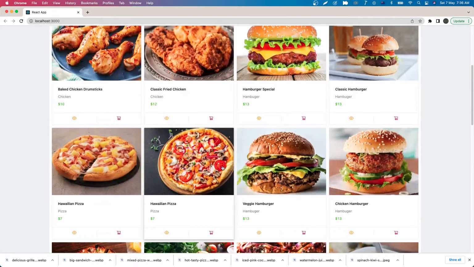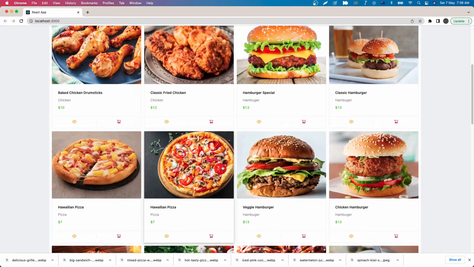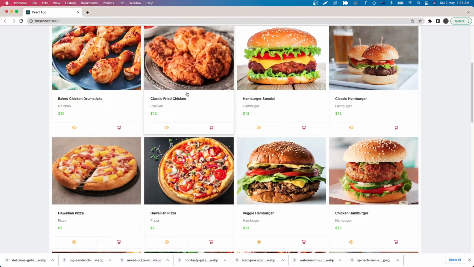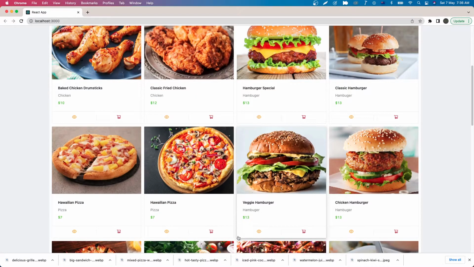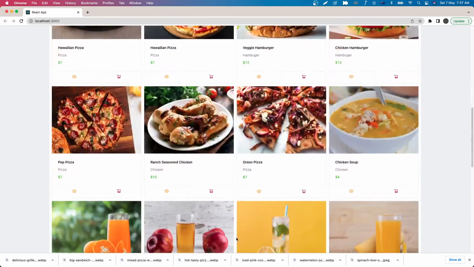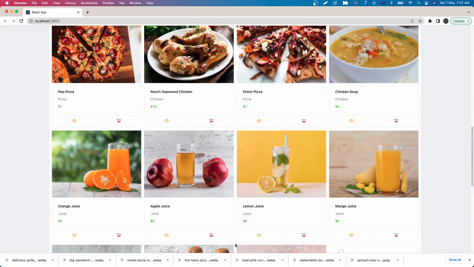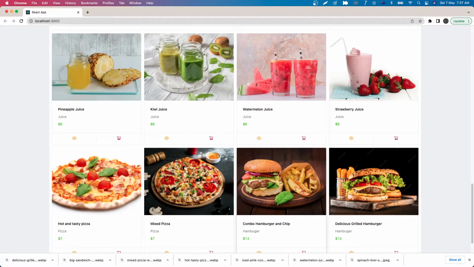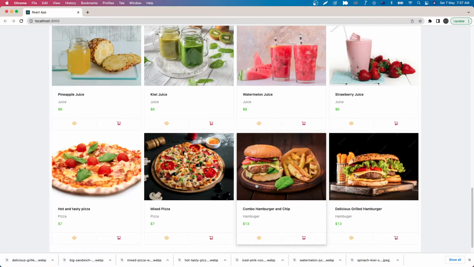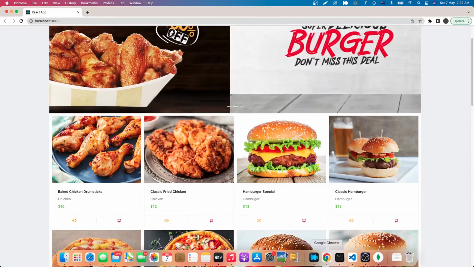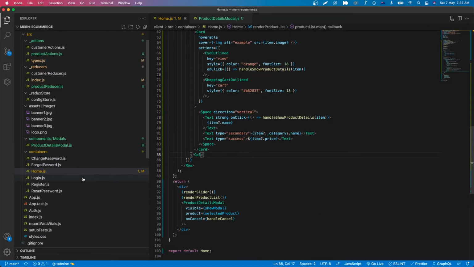Cool. And next we're gonna create a pagination for the product list. Initially we will display 8 items here, and when I click on the load more button, we will display another 8 products and so on. I just added more products in the database so that we have more products to display. So let's go back to my code editor, and